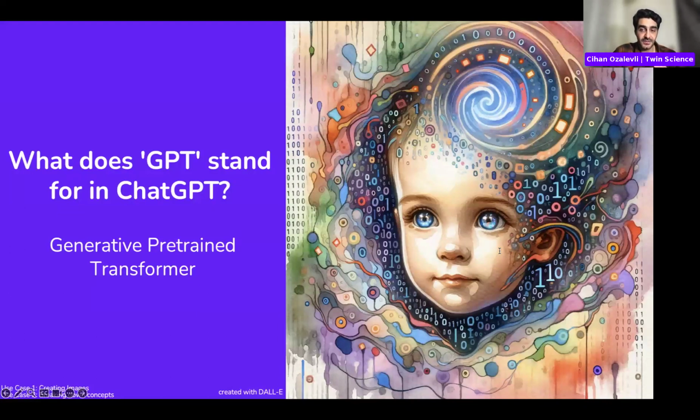One method of machine learning involves something called neural networks, which are loosely inspired by the human brain. And just as a child learns to identify objects through repeated exposure to them, neural networks learn patterns by being fed lots of examples. So the transformer term refers to the specific type of neural network GPT uses. Transformers can pay attention to different parts of the input data to understand the context better.